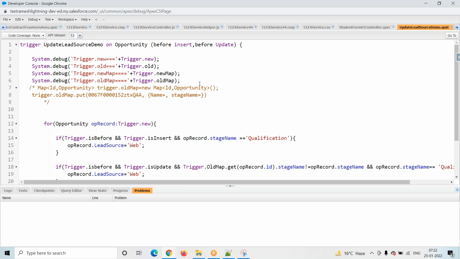What are context variables? They will ask. Whenever we execute a trigger, the system automatically provides some variables. Those variables are called context variables. So what trigger.newMap returns, what oldMap returns, what trigger.new returns, what trigger.old returns, we have to remember, whenever they ask in interviews. This is for today's session. In the next session we will discuss one example implementing all best practices for before insert and before update operations. If you have any questions, let me know.